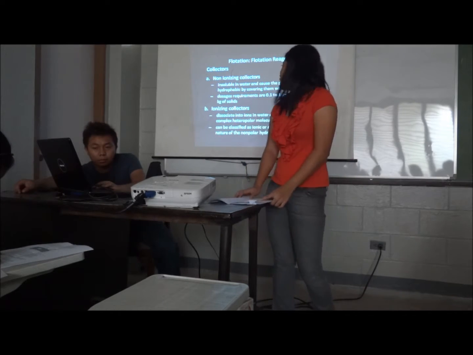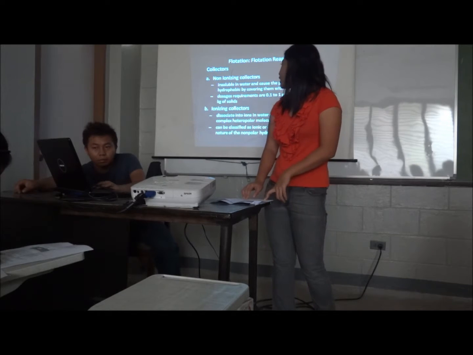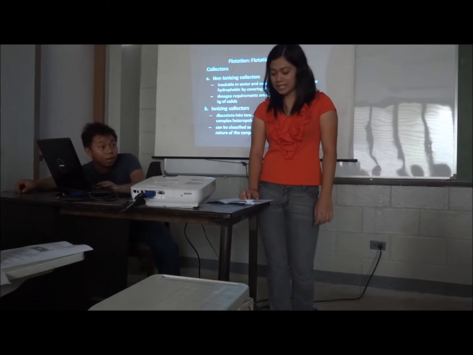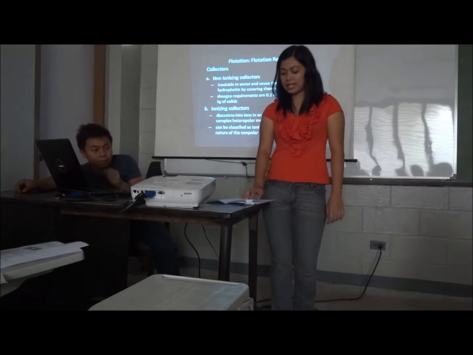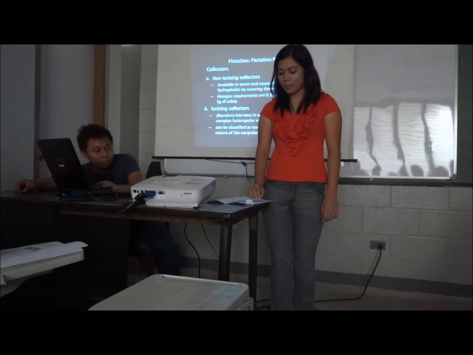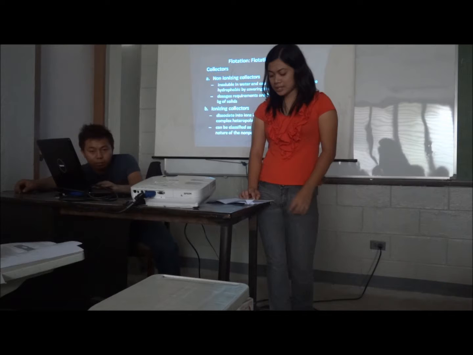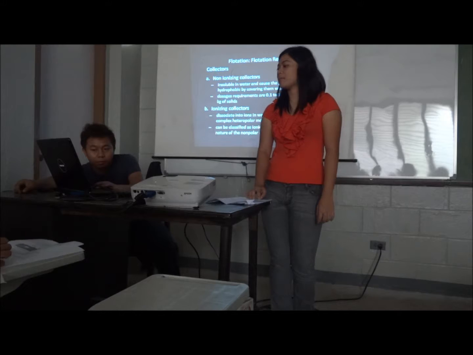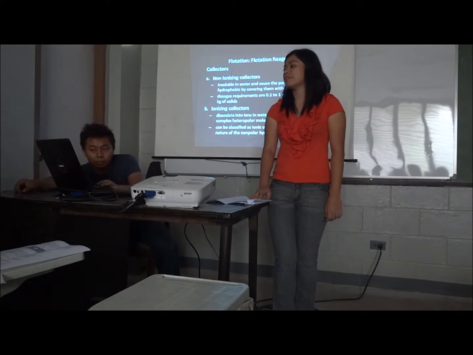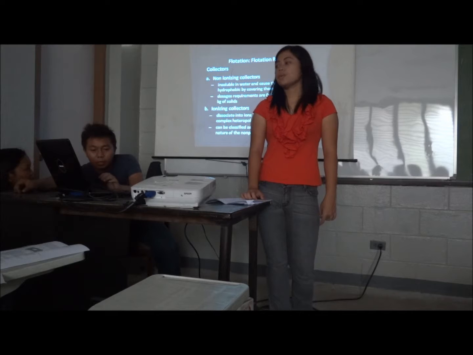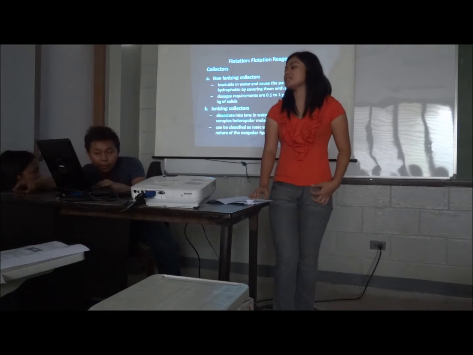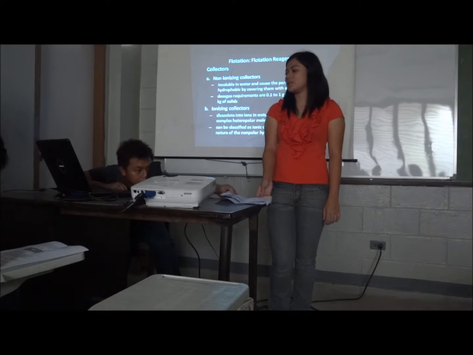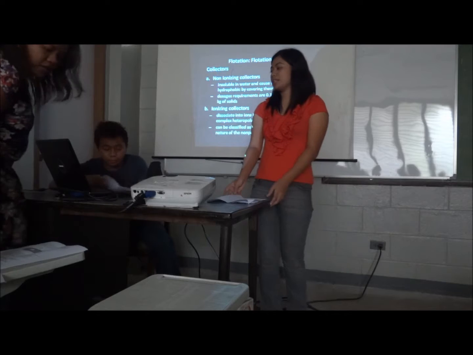There are different types of collectors. These are the non-ionizing collectors and the ionizing collectors. Non-ionizing collectors are usually insoluble in water and cause the particles to become hydrophobic by coating them with a thin film. Examples are fuel oils and kerosenes. Dosage requirements are from 0.1 to 1 gram of reagent per kilogram of solids. The other one is the ionizing collectors, which dissociate into ions in water and are made up of complex heteropolar molecules. They can be classified as cationic or anionic depending